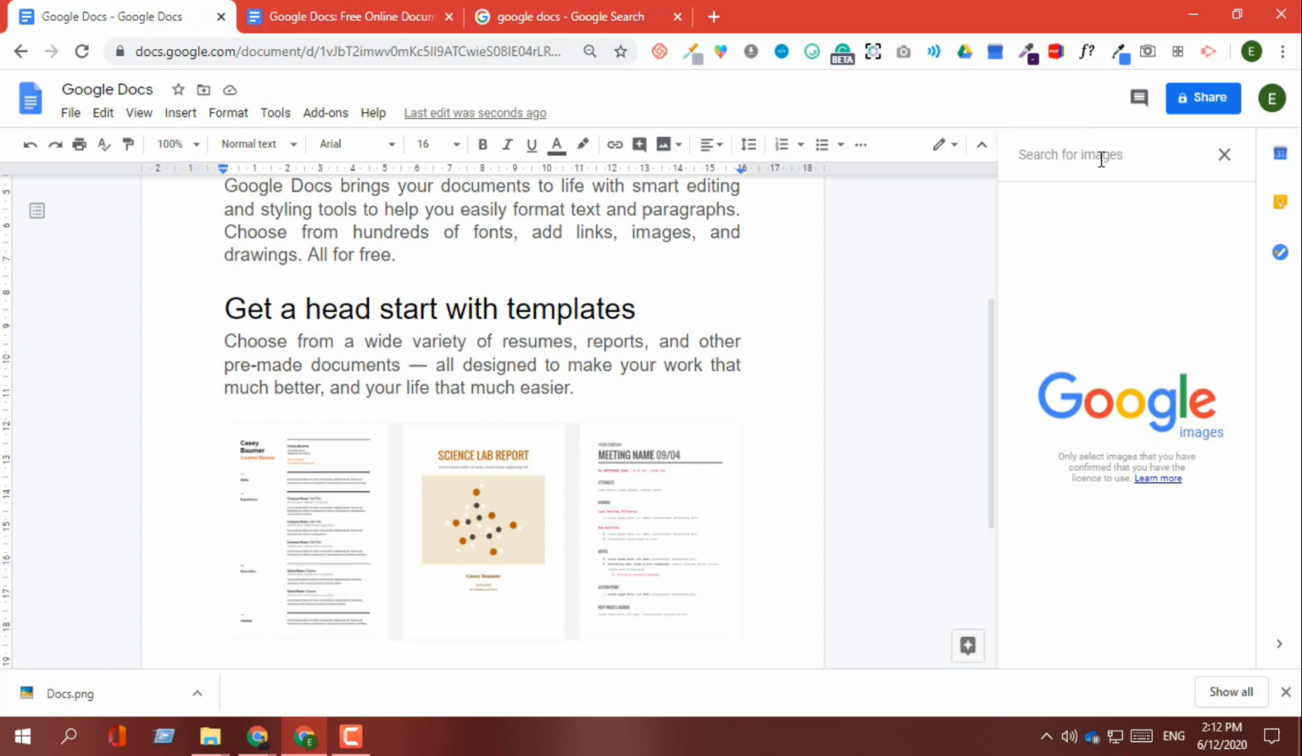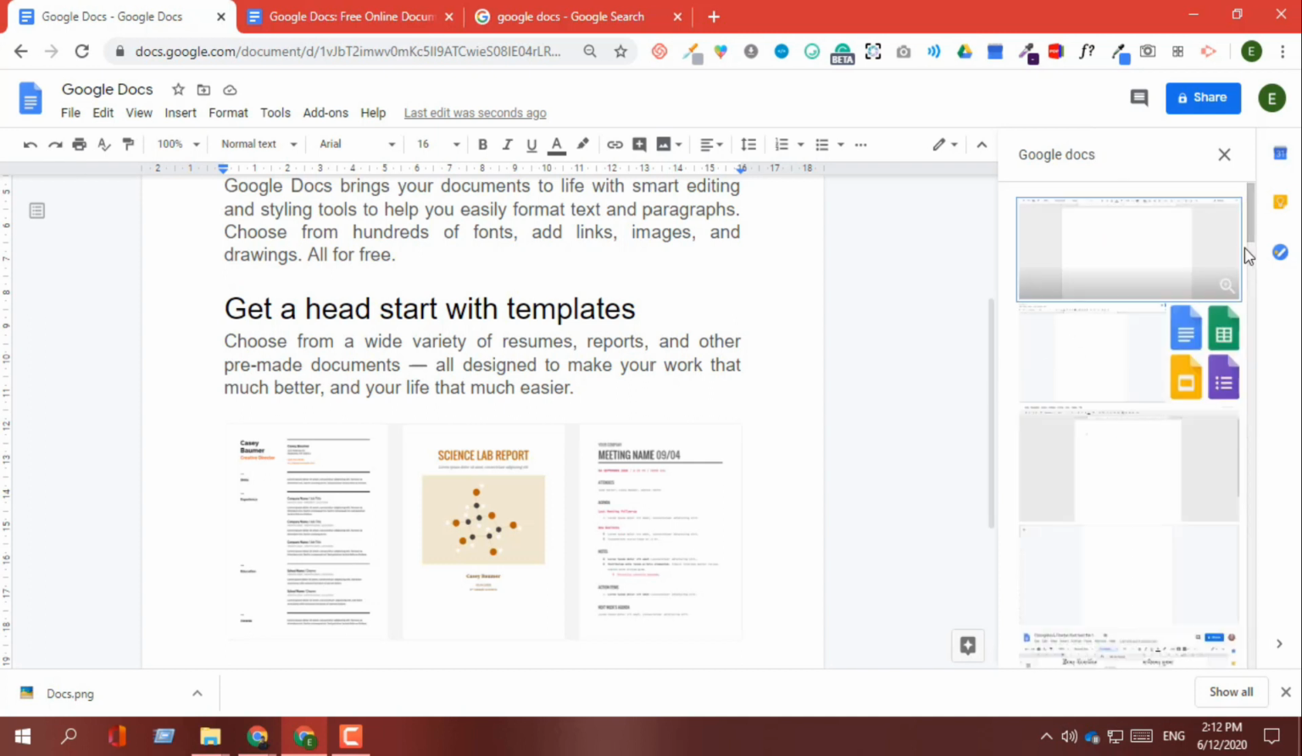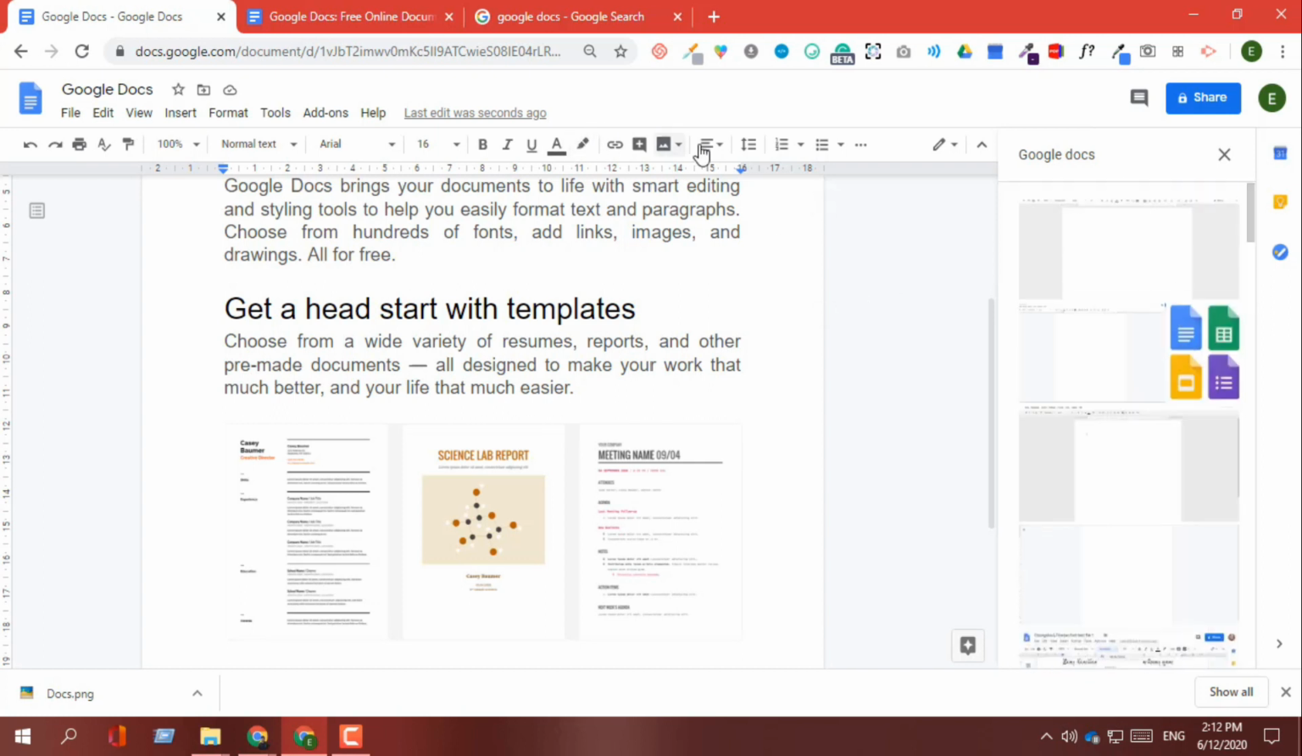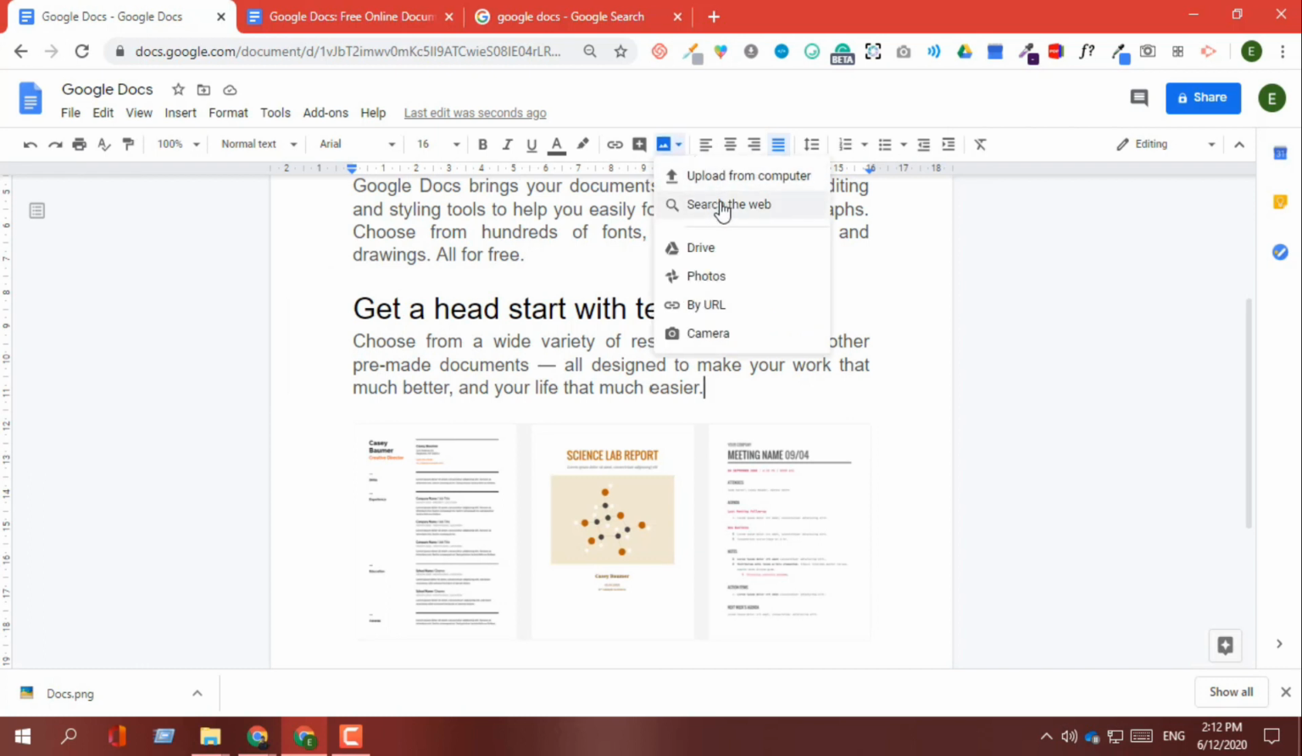If you search anything here, for example, let me search this. I'm searching Google Docs. So it will show me some of the images. The best thing is, if you search anything from here, it will show you only the free images, not images that have some copyright issue or so on. So it will show you only the free images, so you can use this image freely. Okay, so this way you can search on the web. You can even